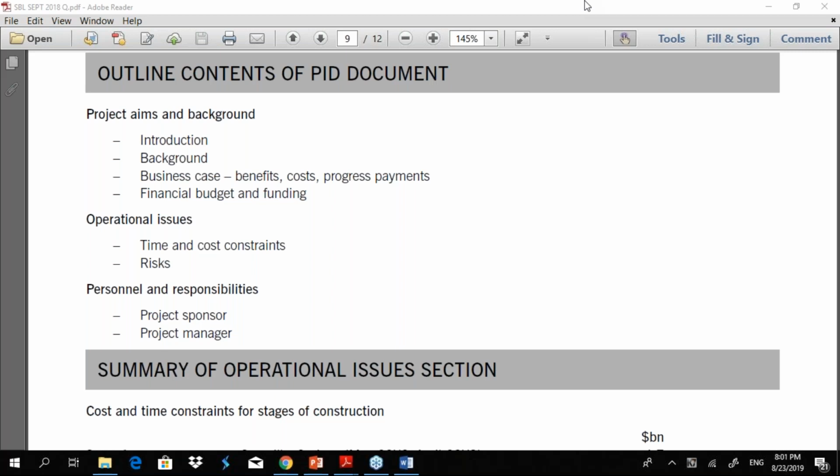So in the introductory paragraph, what you would say is, you would thank him for preparing this PID in the absence of a project manager, and also you will say that you would like to raise or highlight certain issues, as he does not have much experience in this particular area. That would be sufficient in your introductory paragraph.